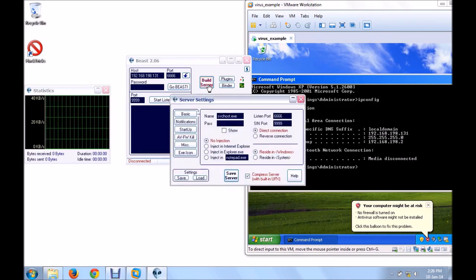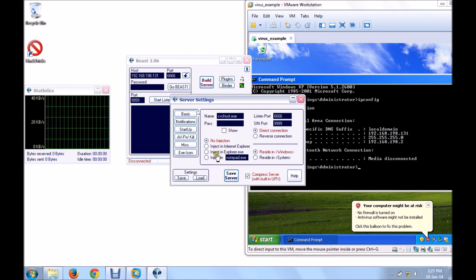Now what is this server? What is this client? We are creating a file to send to the victim. When the victim double clicks that file, we will be connected to the victim. So to create that file, we have to click on Build Server. Now these are a few settings of the file that we will be creating. The name is SVC host. The process name is SVC host, because you can see there are many processes running with the name svchost. This name is basically used for internet networking purposes. So we are keeping the name of our Trojan process as SVC host.